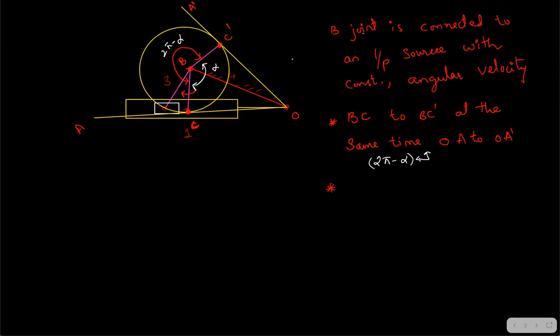Fine. And next is, while you are having the rotation from BC dash to BC, while the crank is rotating, see, crank is rotating with constant speed. Fine. Remember that point. So at the same time, what is happening? It is pulling from OA dash to OA, right? It means the return one. Fine. So here the time taken is, what is that? What is the distance traveled here? So the angular displacement is alpha.